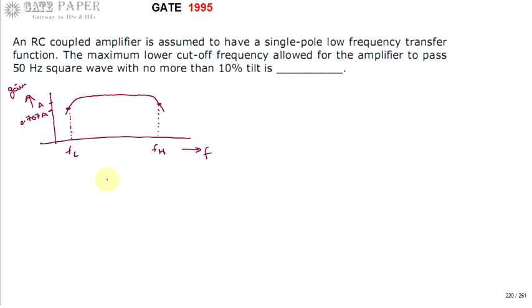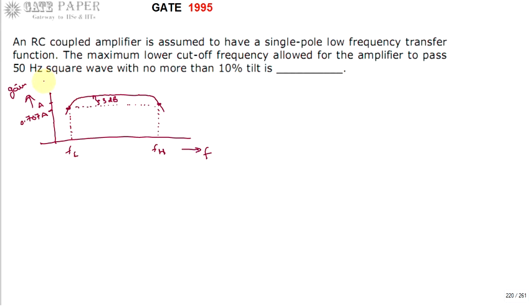Lower cutoff frequency and upper cutoff frequency are also treated as 3 dB frequencies. If you express the maximum gain and the gain at 70% in decibels, the difference is always equal to 3 dB. The maximum gain and the gain at FL have a 3 dB difference if you express the gain in decibels, and similarly at FH also. This is the reason why they are called 3 dB frequencies.